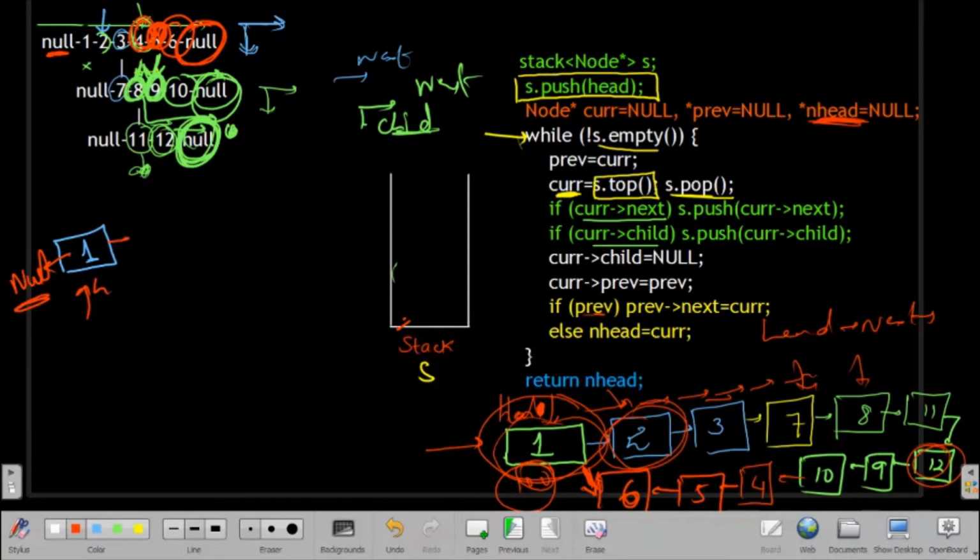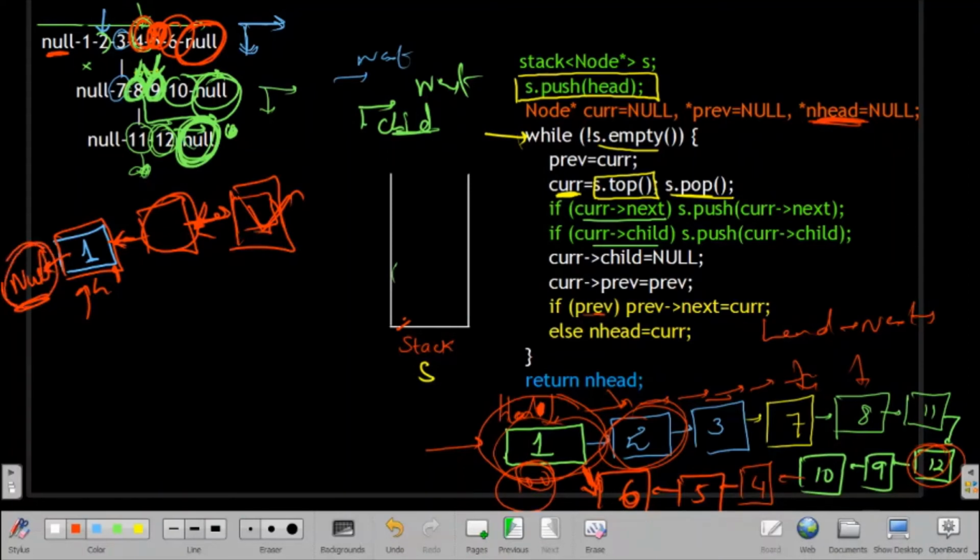Because if I have one more node here, the next node may be valid or not, we don't care. But we have a previous node which is pointing to this node, and again if we have another here, it is pointing here. So we have a valid address for the previous node, but for the starting node, only for the head node, we don't have any valid node, so it will point to null.